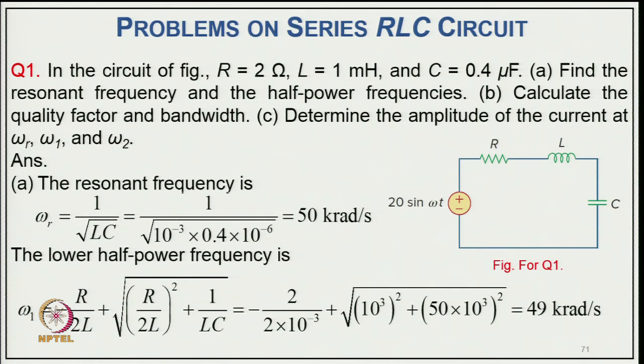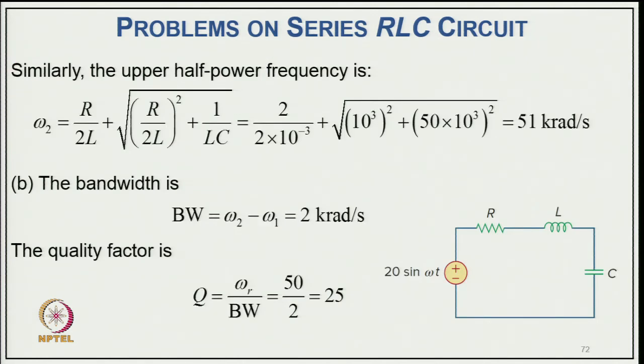So, the solution: the resonant frequency is omega r equal to 1 upon under root L C, and that is 1 upon under root of 10 to the power minus 3 into 0.4 into 10 to the power minus 6. So, it comes 50 kilo radian per second, and the lower half power frequency is omega 1 equal to minus R upon 2 L plus under root R upon 2 L square plus 1 upon L C. So, keeping the values, it comes 49 kilo radian per second, and similarly omega 2 equal to R upon 2 L plus under root R upon 2 L square plus 1 upon L C, and keeping the values of all these, it comes 51 kilo radian per second,